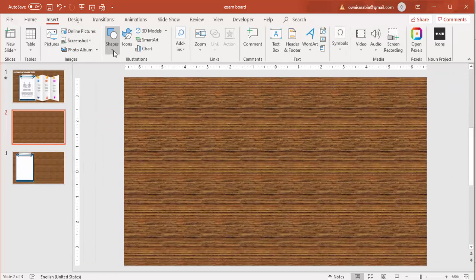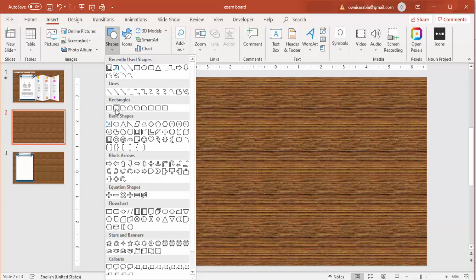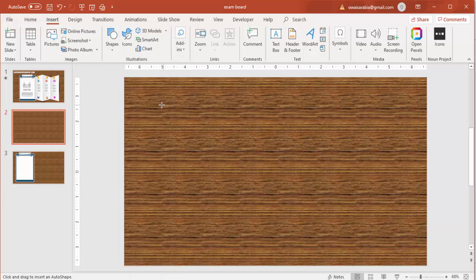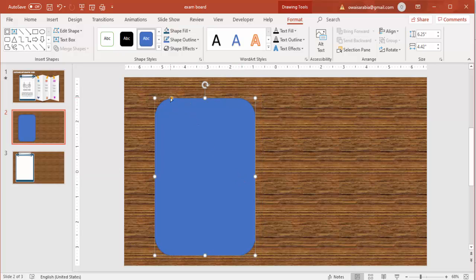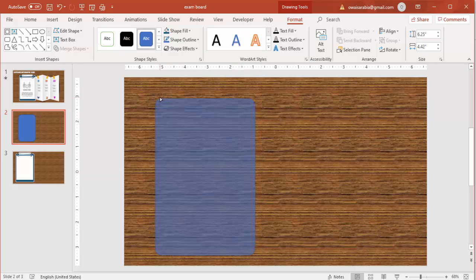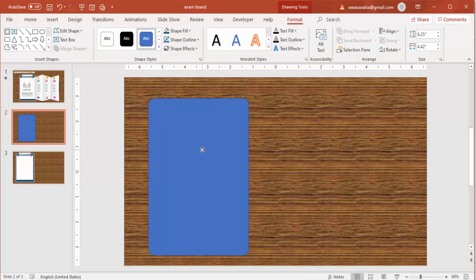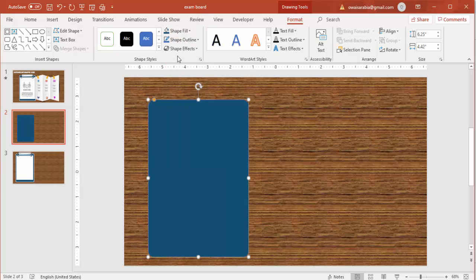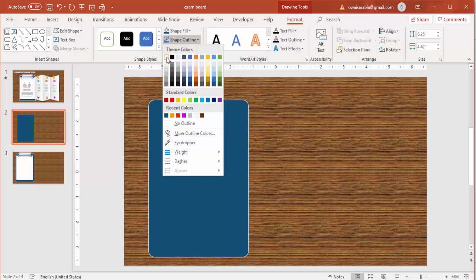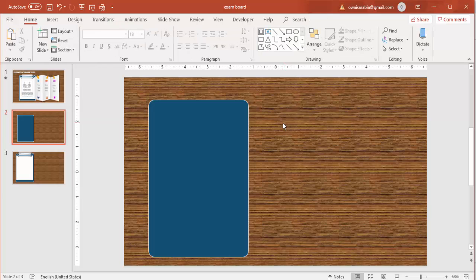Then go to insert shapes, select a rounded corner rectangle, draw the rounded corner rectangle, maybe somewhat bigger, and reduce the curves. So this is the clipboard I'm going to design. And shape fill, I'm going to select this particular color, dark blue, and shape outline, let it be a white,